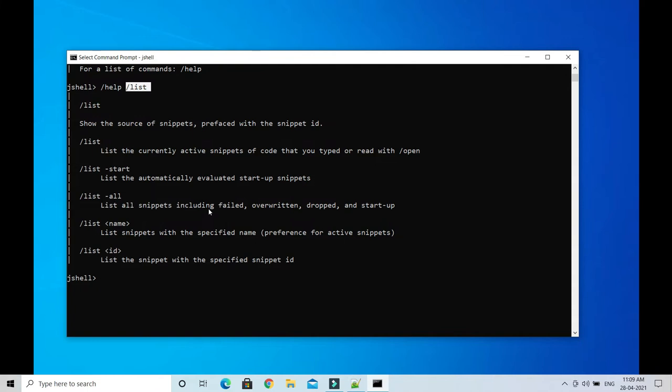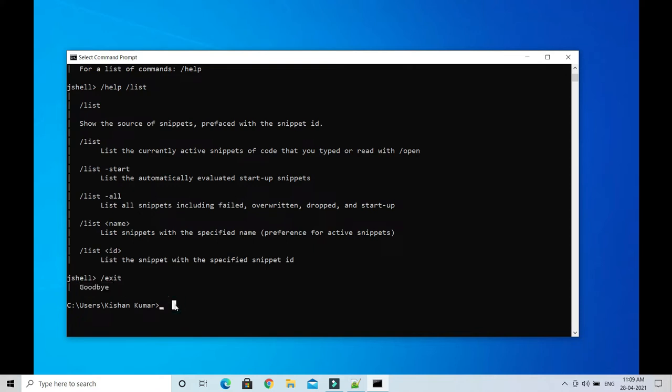Now let's move ahead to the next command. Let's say you are in JShell and you want to exit, to come out of JShell. Then you write the command /exit and press enter. Here you can see we came out of JShell, and it just displays a goodbye message.